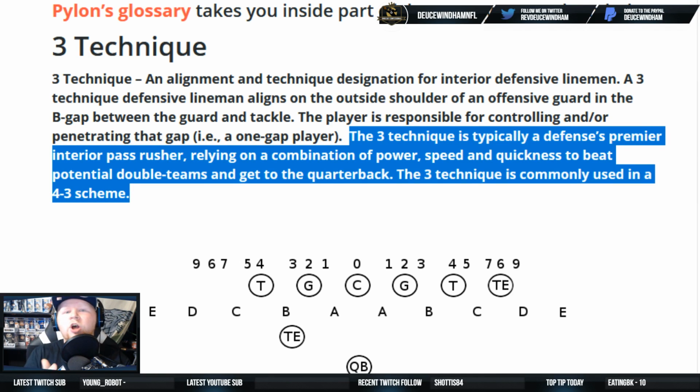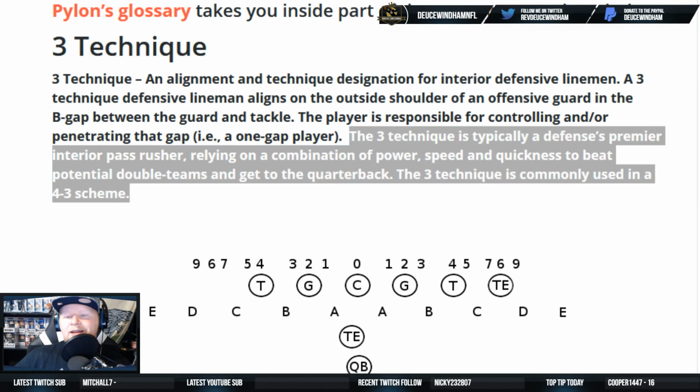And that's the key, though. It's all three. It's not just a guy who's fast. It can't just be a guy who's powerful. It can't just be a guy who's quick. You've got to have the combination of all things to truly be good, just like Geno Atkins and Aaron Donald display here. You've got to have the combination of all these things to be a truly elite three-tech,